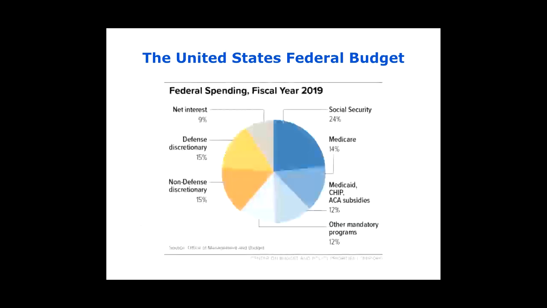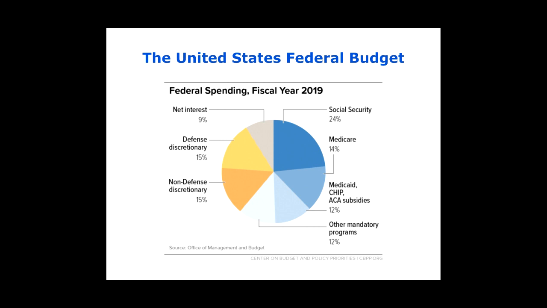We can look in kind of broad categories about where the money goes or how it's spent, and you can see that of the federal government, about 25% is spent on Social Security, which is pension payments for older people over 65. Another 25% is spent on government-run healthcare, Medicare, which is healthcare for older people, and Medicaid, which is healthcare for people with lower incomes. So 50% of the budget goes on retirement programs and medicine.